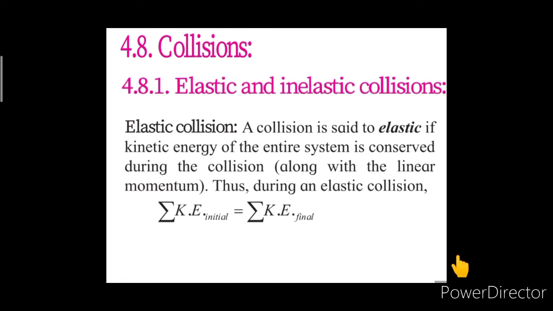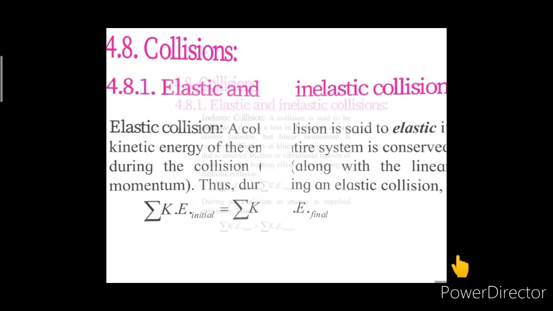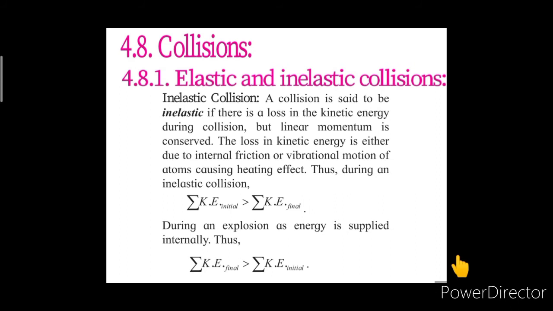So, an elastic collision, actually, is impossible in our daily life. However, in many situations the interatomic or intermolecular collisions are considered to be elastic. Like in the kinetic theory of gases, the collisions between the particles are said to be elastic collisions. But in our daily life an elastic collision is impossible because some amount of the energy is going to be converted into another form of energy, and hence another type of collision is given, which is said to be an inelastic collision.